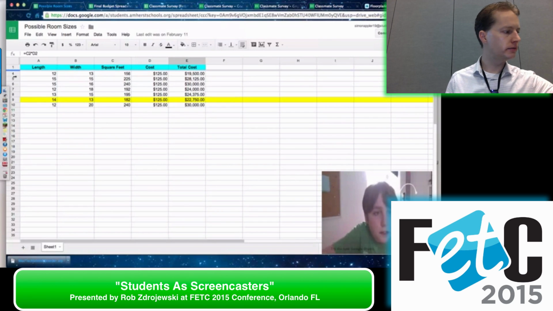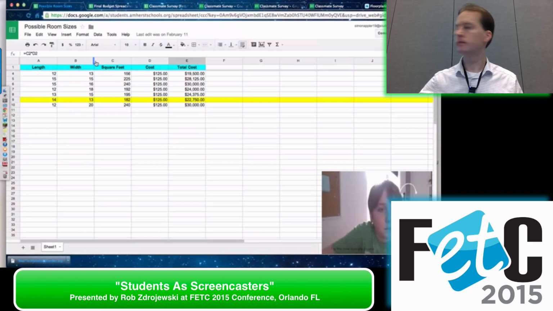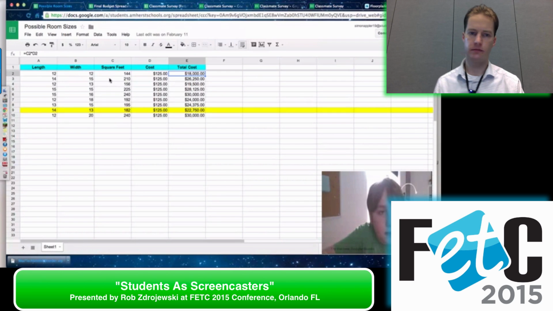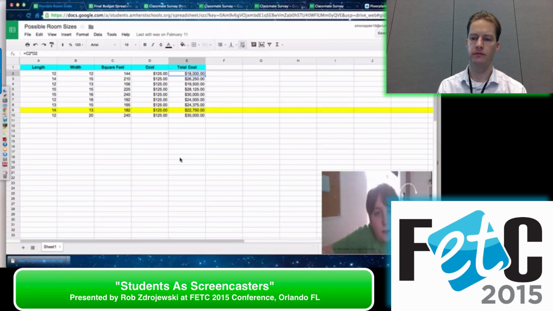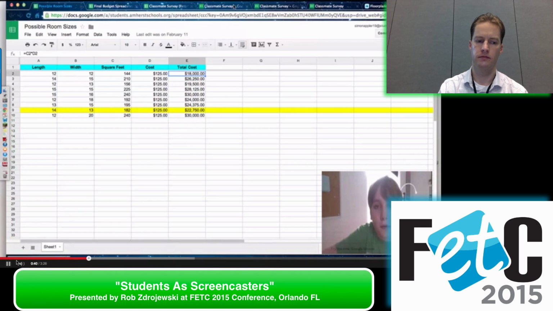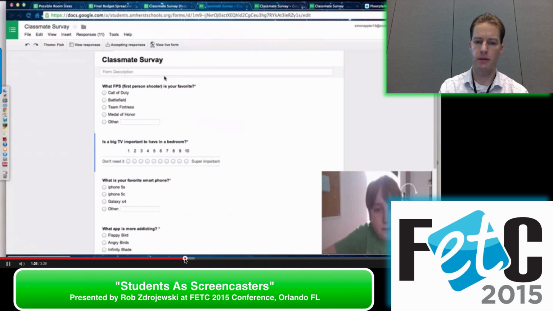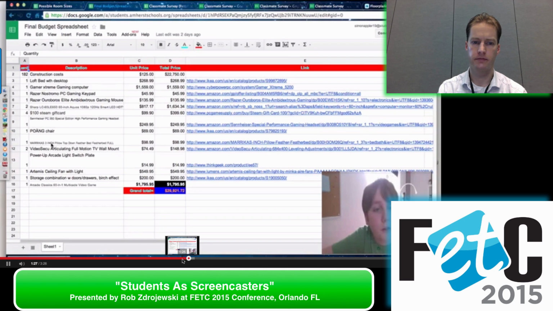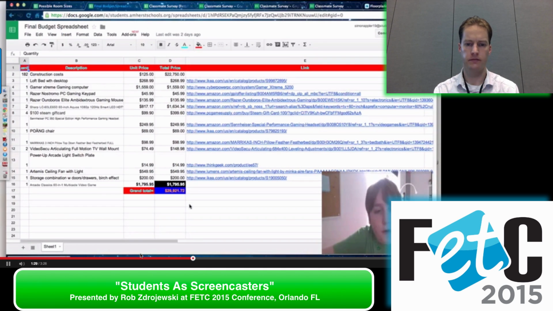So as you can see here, I have made possible room sizes, where I have seen some of the room sizes that I would maybe think about getting, and I picked this one, which was the one that I wanted because it was an under budget amount and it was a good amount of space. So after that, we made a classmate survey here and then summed up all the stuff that we wanted under